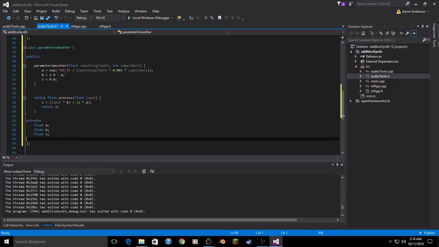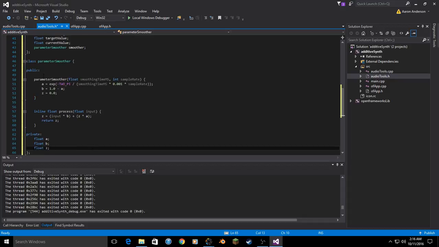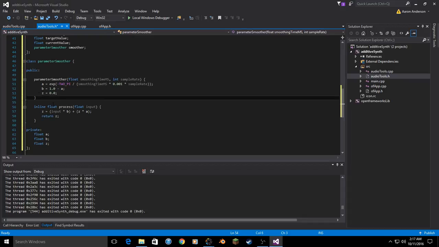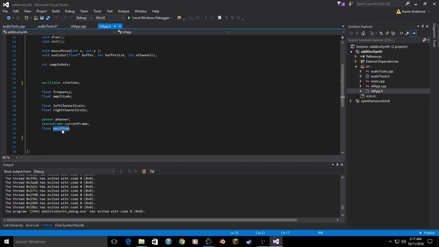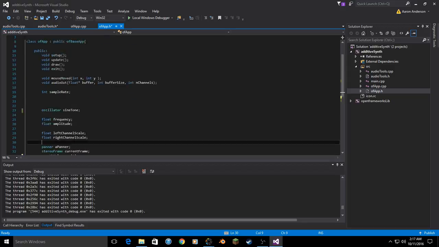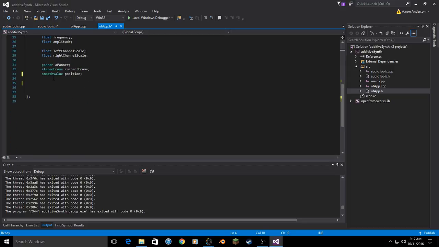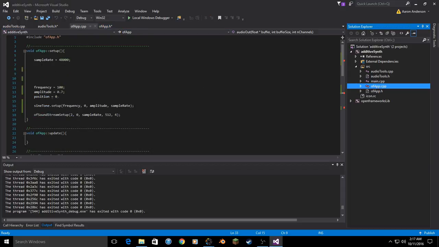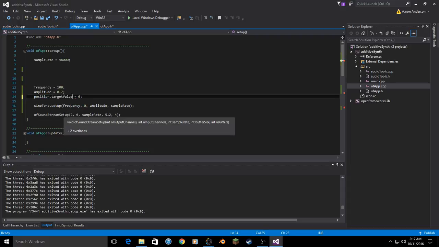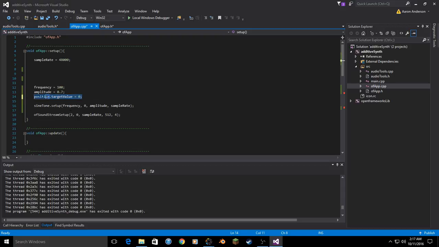We're using our first filter, our first kind of heavy, not necessarily heavy CPU-wise, but our difficult, DSP object. So let's add it to our code. So instead of our pan position being a float, let's make that a SmoothValue. And this should be happy because we have included that document, audio tools. It is. Okay. So instead of setting position equal to 0, we'll set position dot target value equals 0. All right, so it's saying try to get to 0, get there as fast as you can based on our